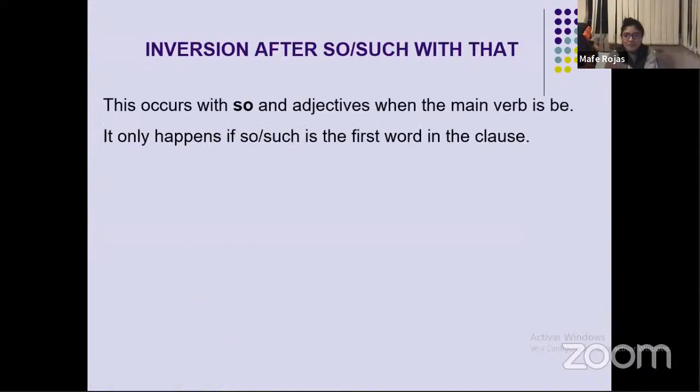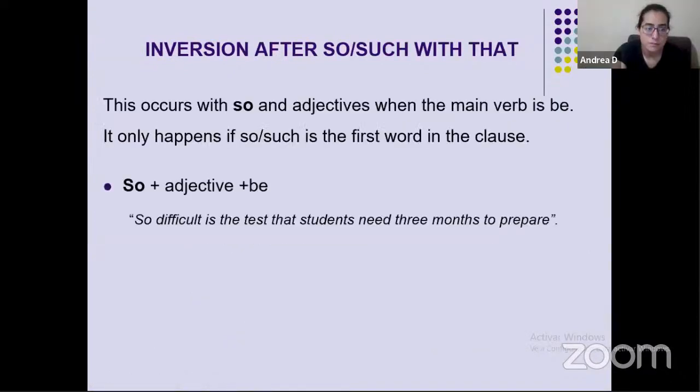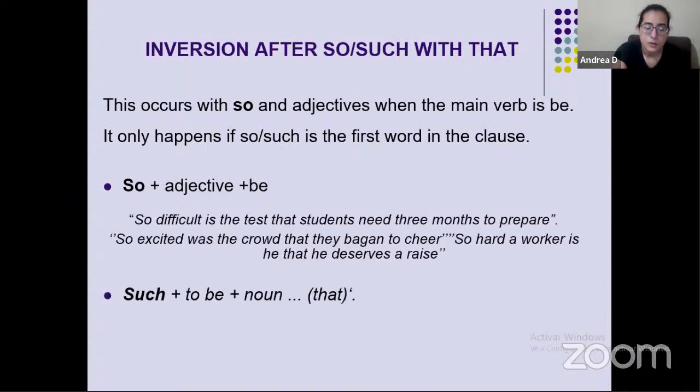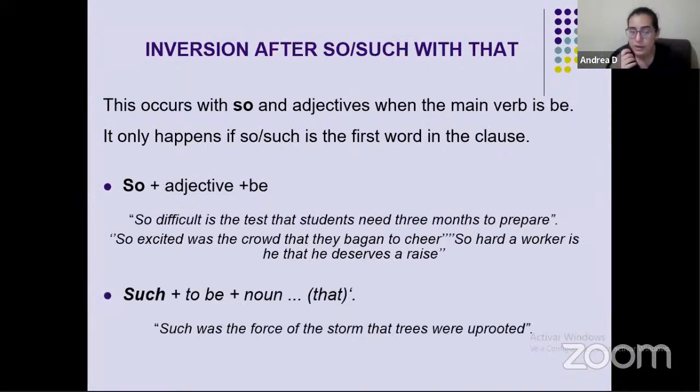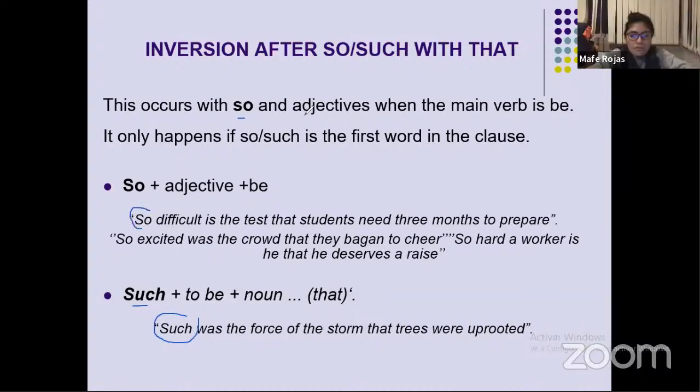Okay. And after so and such. So this is to emphasize quantities, yeah, bigger amounts. This is very common as well. It's usually with adjectives or nouns. So for example, to describe something most of the time. So when so and such are at the beginning of the sentence again, like all of the other ones, and we want to describe something, I would say.